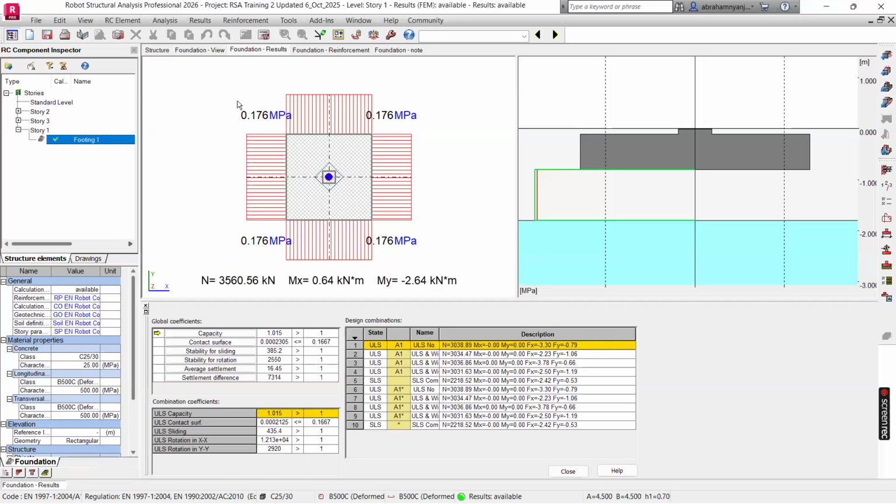So if the soil experiences more pressure on one side compared to the other, it might deform. When it deforms, you will have differential settlement at that specific location. But it's not a must that you have them equal at all corners, but that difference should not be so big,